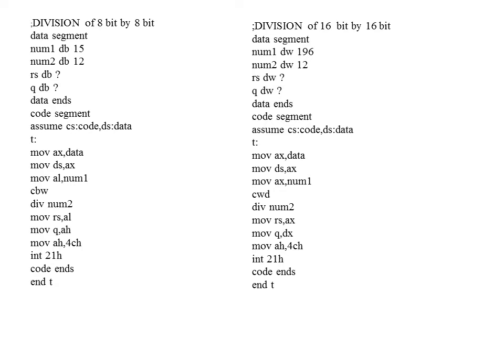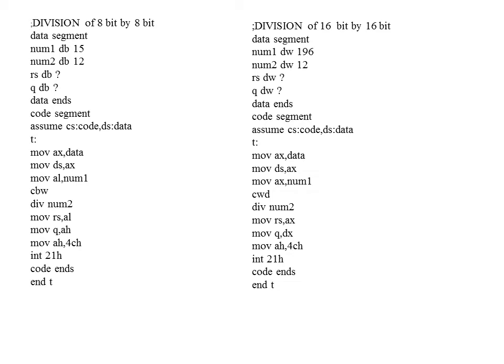We know that we can divide 16-bit number by 8-bit number by div or idiv instruction, and 32-bit number by 16-bit number. But what happens if we are asked to perform division of 8-bit by 8-bit? For that purpose, the number which we want to divide, which is 8-bit, we need to convert into 16-bit number. How we can convert that 8-bit number into 16-bit number?